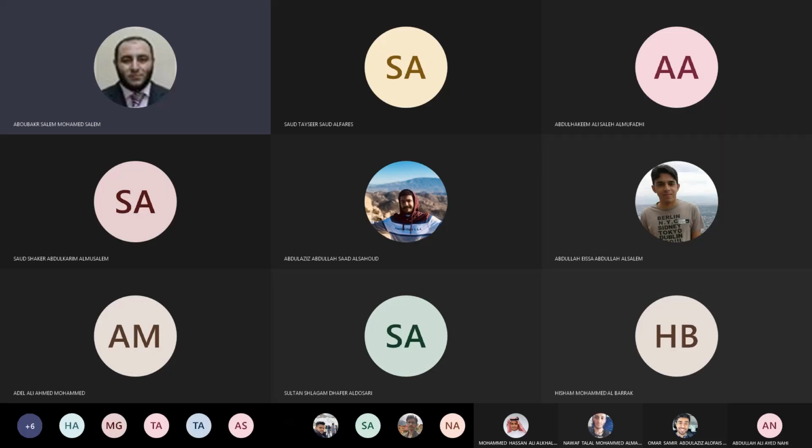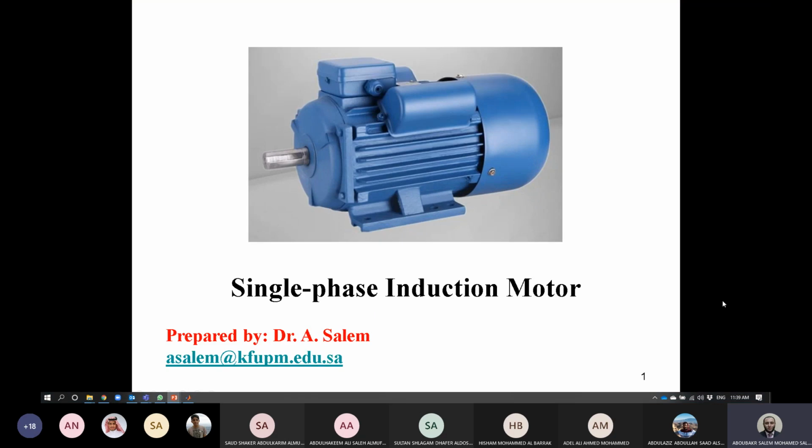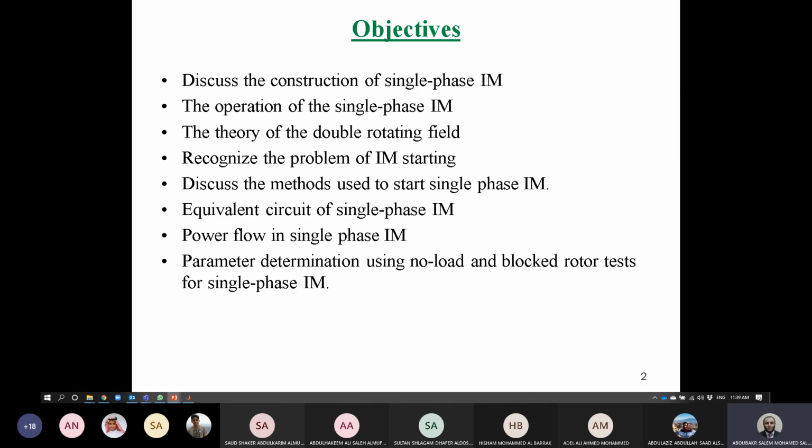So شباب, for the single phase induction motor, we will just start the remainder few minutes discussing some information about single phase induction motor, and we will continue our discussions inshallah in next classes. Firstly, the objectives of discussing the induction motor شباب, we need to discuss the construction of single phase induction motors,